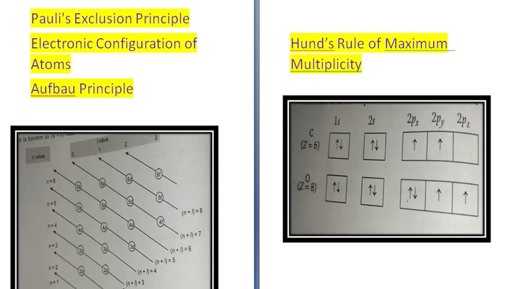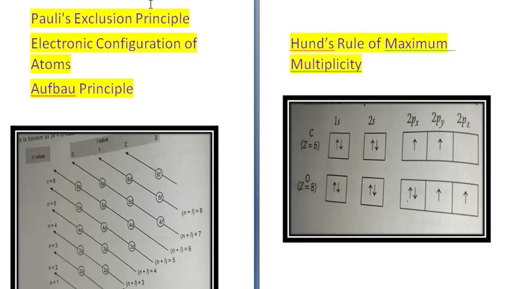If everything else is the same, then you'll find that one electron will have plus half spin, the other will have minus half. So if nothing else differs, then the spin of the electrons will be in opposite directions. So no 2 electrons in an atom, when you're talking about electrons of the same atom, can have the same set of all 4 quantum numbers. This is Pauli's exclusion principle.